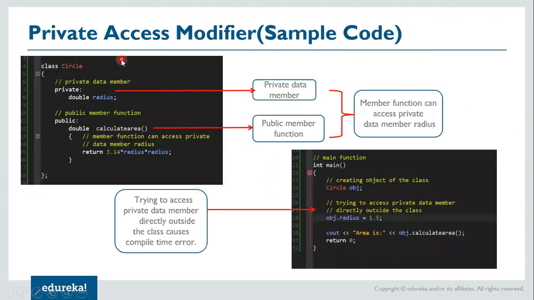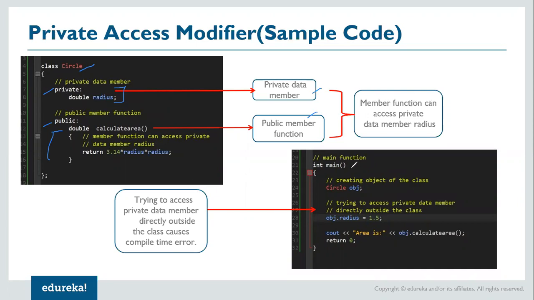So let's look at an example of the private access modifier. Let me first explain this example and then we will head over to our VM to try the example. So here I have created a class Circle with a private member and a public member. It starts with the keyword private followed by colon and then the public keyword followed by colon. So this is my private member variable and this is a public method, right? This is private and this is public here.